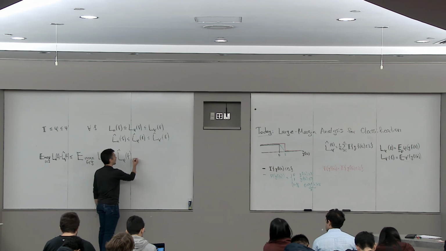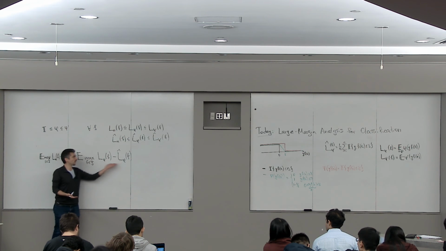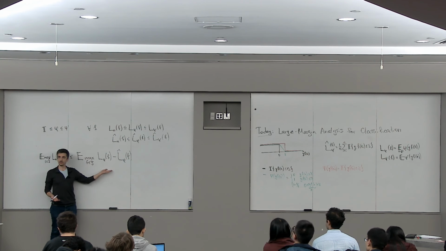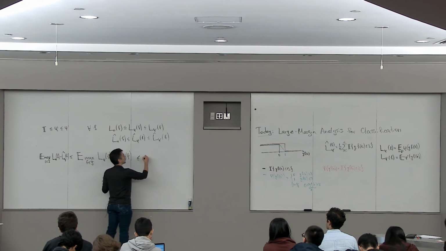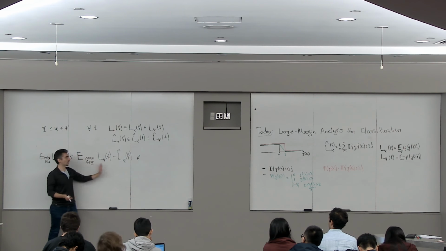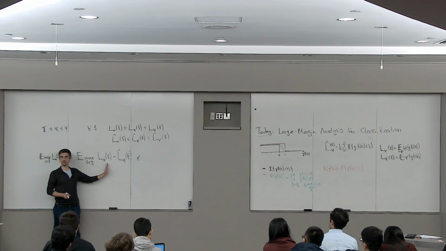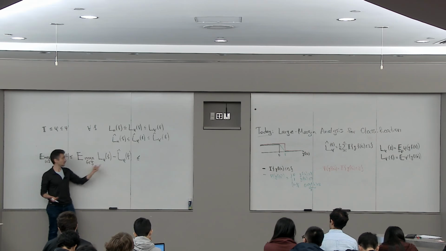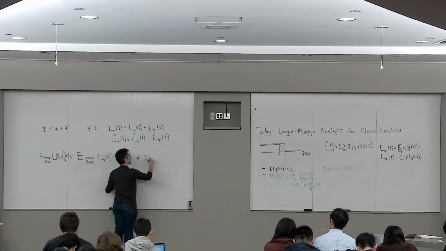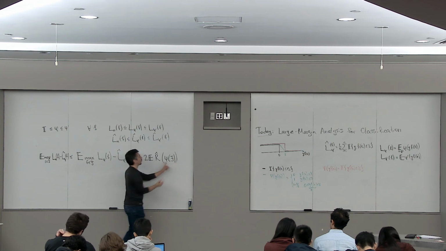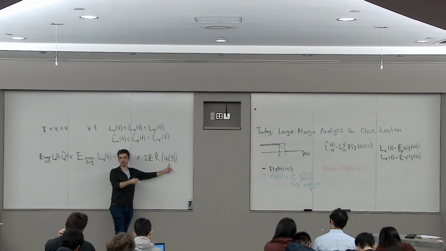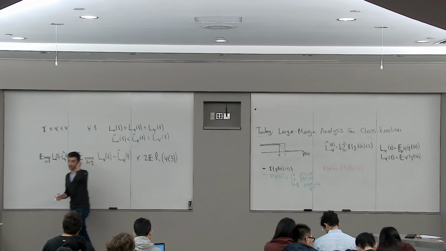How about, now, we need to understand this quantity. And my claim is that this is upper bounded by, well, the first step: how do we upper bound uniform deviations? We use the symmetrization lemma, and we get twice the Rademacher averages of the class. Twice the expected R hat of phi of f, where phi of f is just the loss function composed with every function in f.